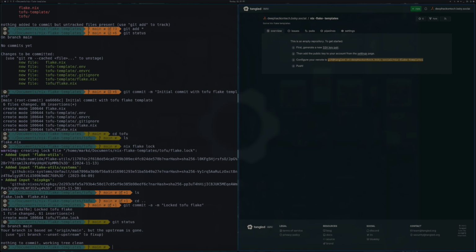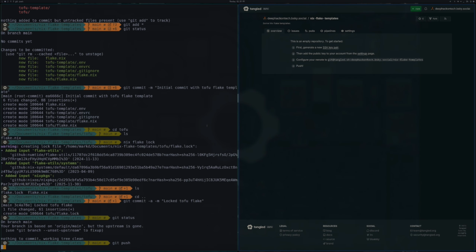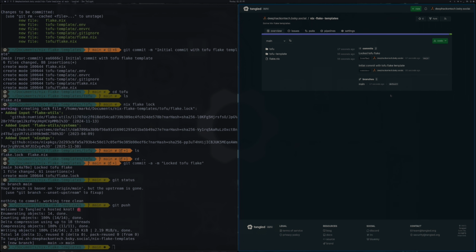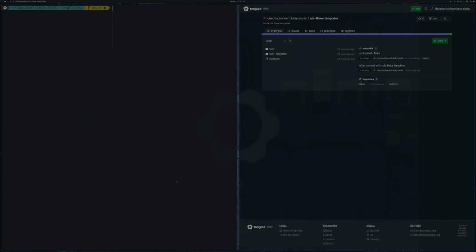Okay, and now everything is in the repo. So if we come over here and do a little refresh, we should... Oh wait, I've not done a push. Haha, git push. Then we can come over here and we'll have the repository in its state. Perfect. Okay, 2 commits. We did our initial one and then we did the lock. Okay, this is great. So we should now be in a state where we can actually make use of this